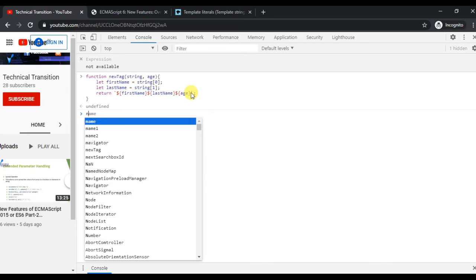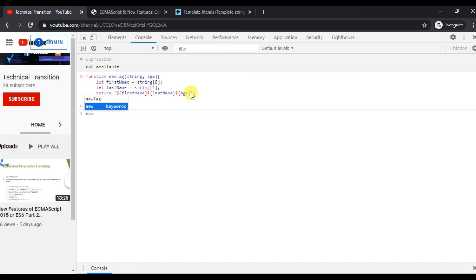Call this function new tag. How can we call this function? We will not use any parenthesis while calling this kind of tag function. We just start passing our argument with the backtick or template literal. So let me zoom this.